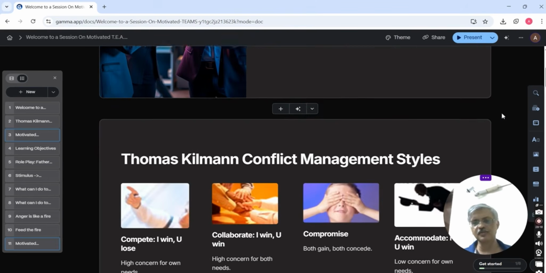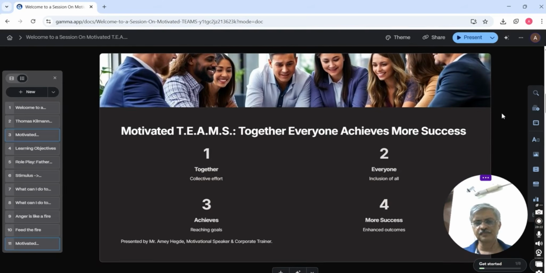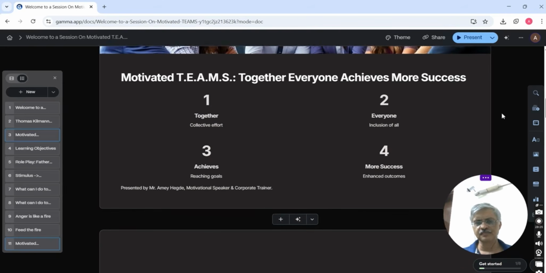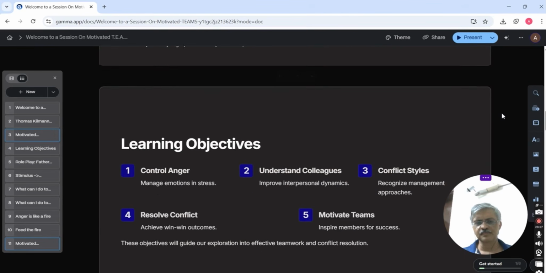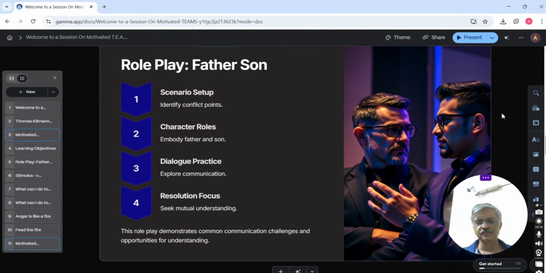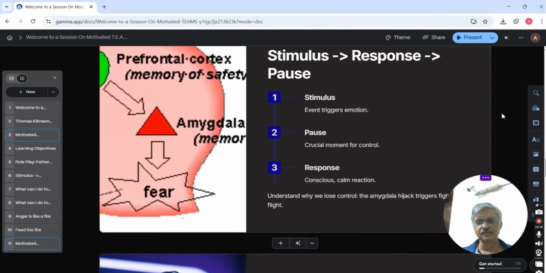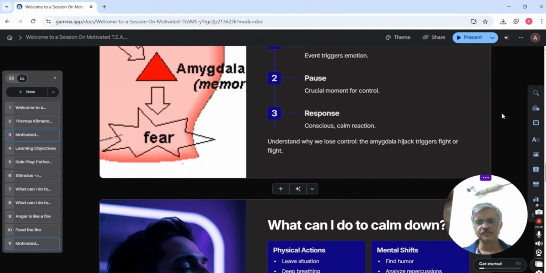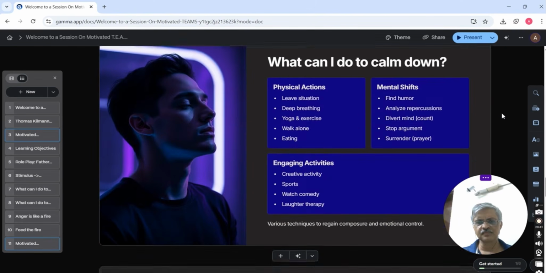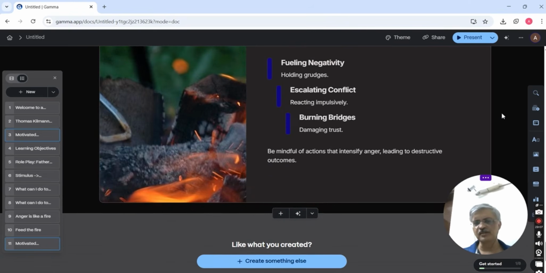It has kept the structure that I wanted. I like this better than the other option. This looks better actually, and it keeps the original.